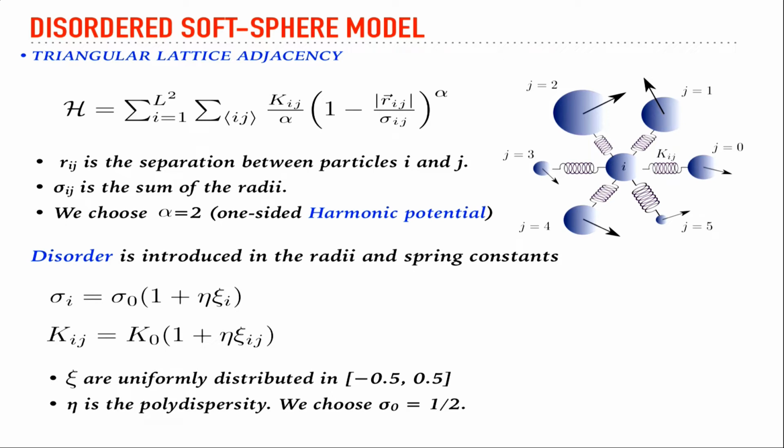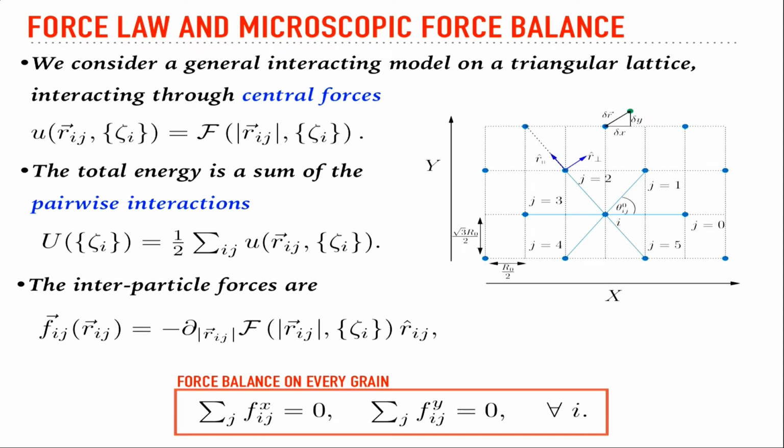So in this case, if I take zeta to be uniformly distributed between minus 0.5 and plus 0.5, and eta is some strength of the disorder, so you can change this eta. The larger the eta is, the larger the variation in the particle sizes, and so that represents some polydispersity strength. Okay. So this model has been studied in detail previously, but I will just introduce some understanding of what I'm going to do next